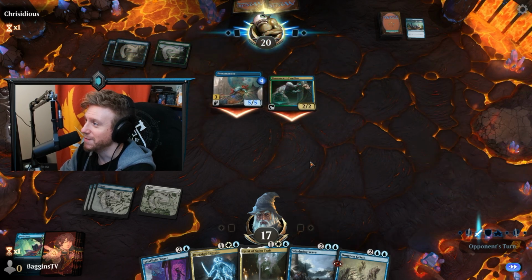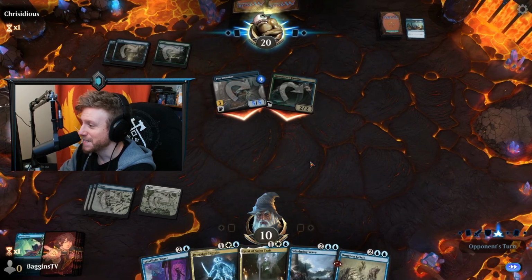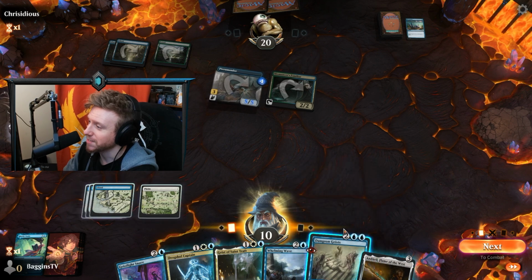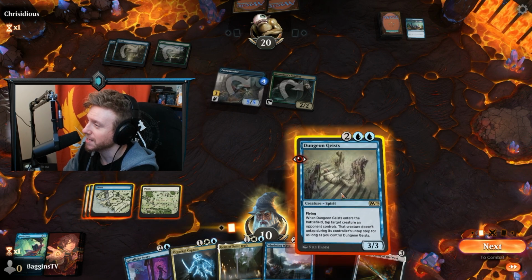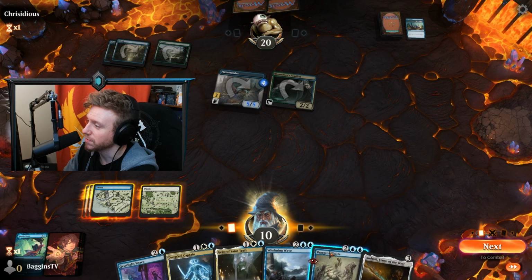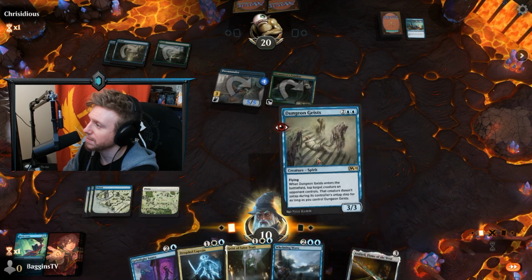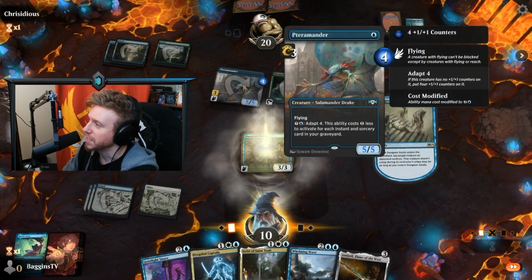However, he does have now a 5/5 big creature, which is kind of scary, but we do have an option to tap that down. We do have our Dungeon Geist, and we are indeed going to go ahead and do that, because that's quite scary. Alternatively, we could send everything back to his hand, but I think it's better to just tap this down for now. We keep it tapped down,